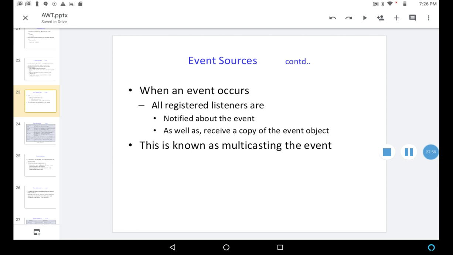So when the event occurs at the source, all the listeners registered with that particular source are notified that such and such event has happened, and they receive a copy of the event object. This is known as multicasting the event, sending it to multiple listeners about that event.